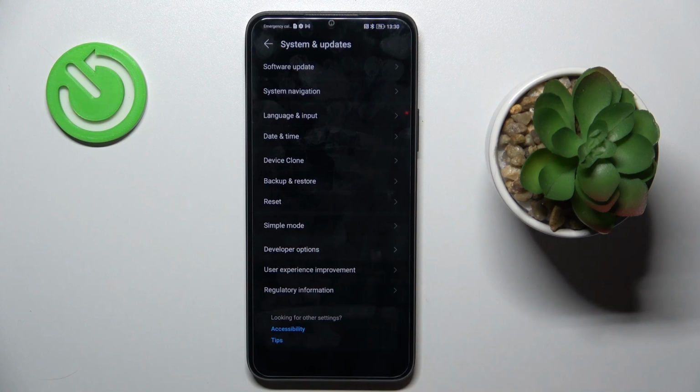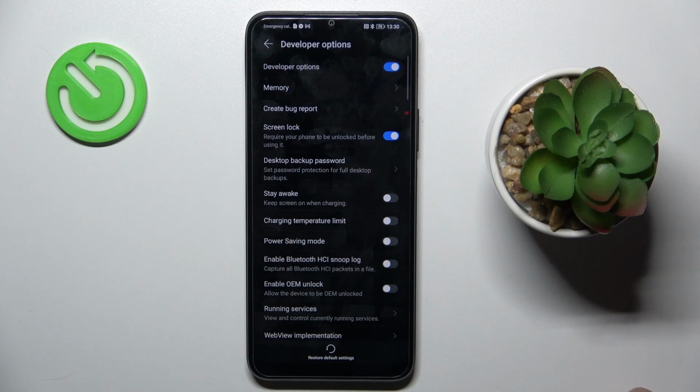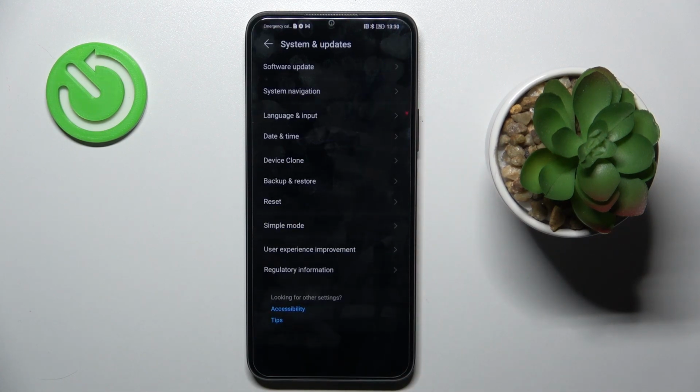Developer options appeared right here, so click to open, smoothly use everything you need, and then if you want to switch it off, just unmark the top switcher. And as you can see, developer options disappeared, so if you wish to use it again, you will have to